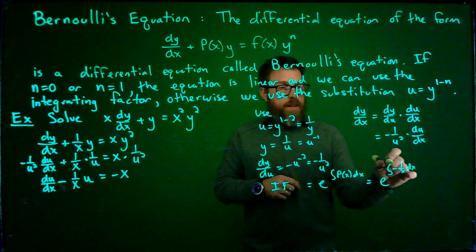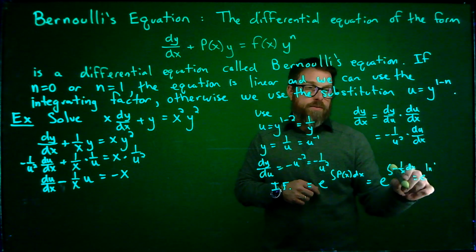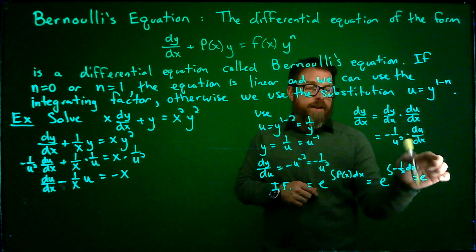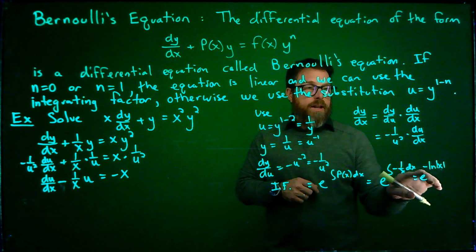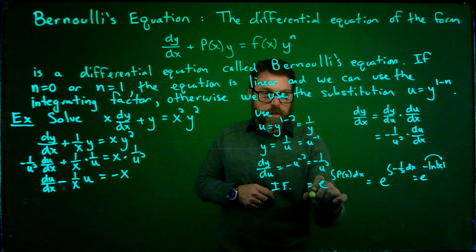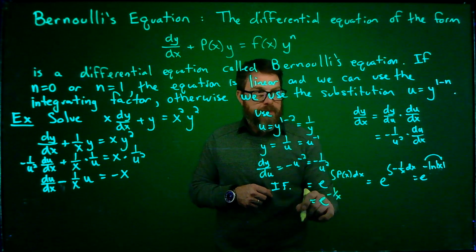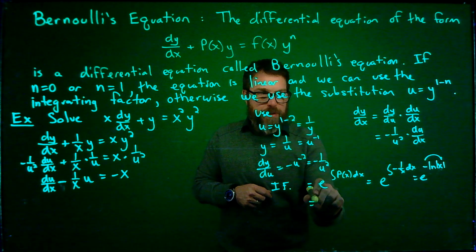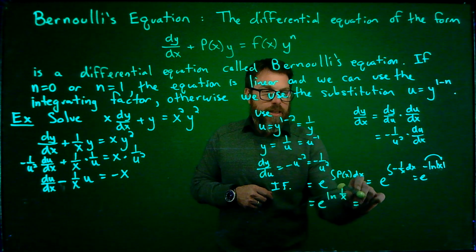So this is going to be equal to e to the minus the natural log of x. That's not right. Let's try that again. This is going to become e to the natural log of 1 over x, which is going to equal